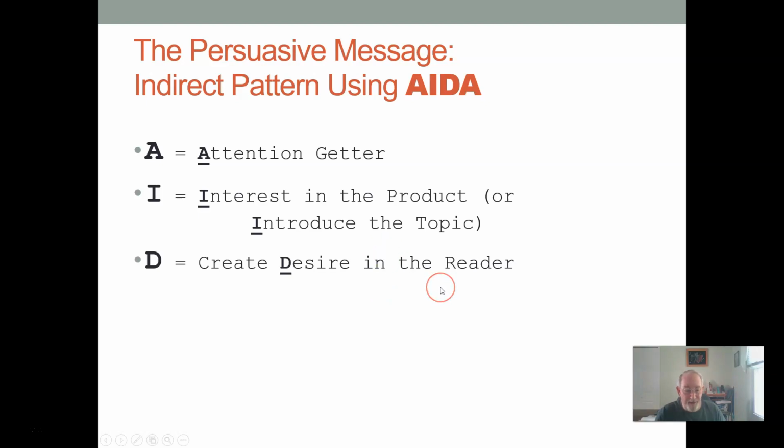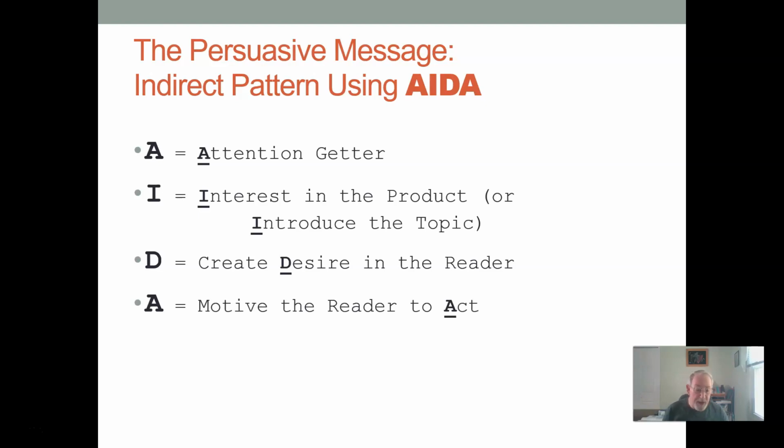Then you must get the reader to desire, to want the product or the service. And here is where you build in reader benefits and speak to pathos or ethos. Pull on the heartstrings a little and make your persuasive request, whether it's a favor or to get the reader to buy something or give you something.